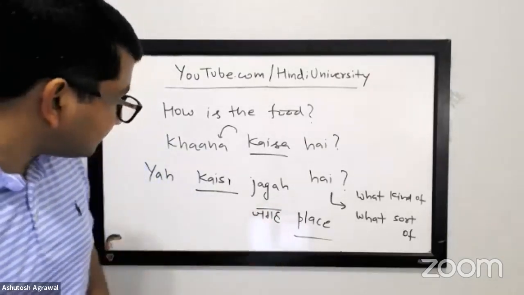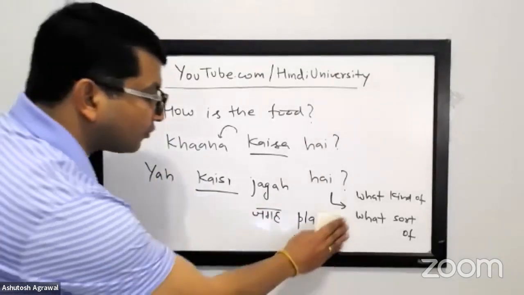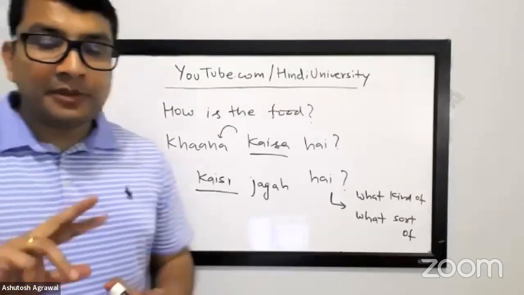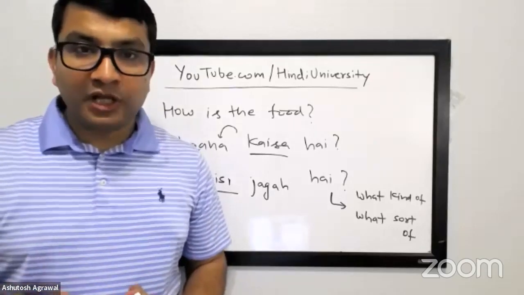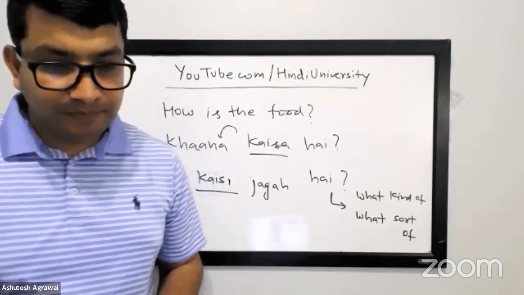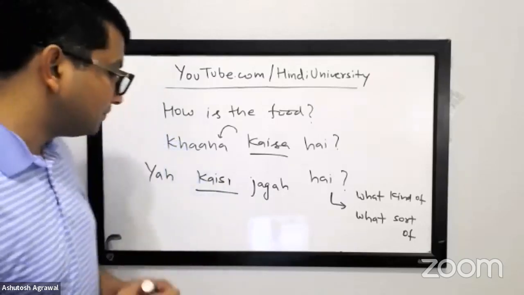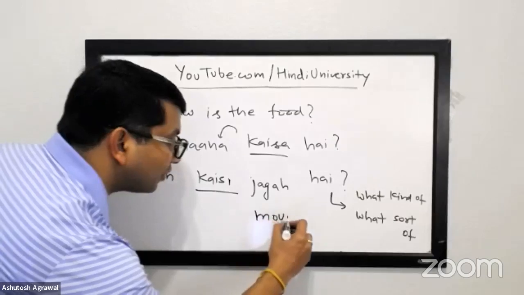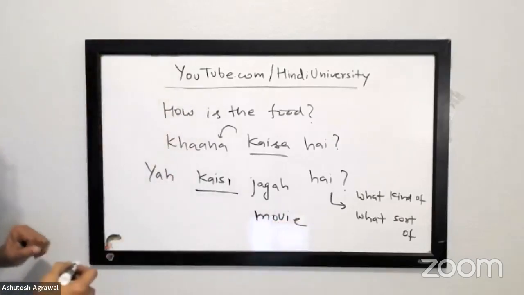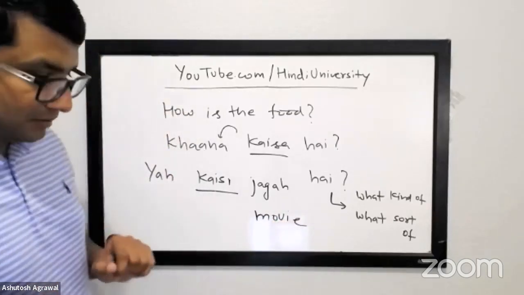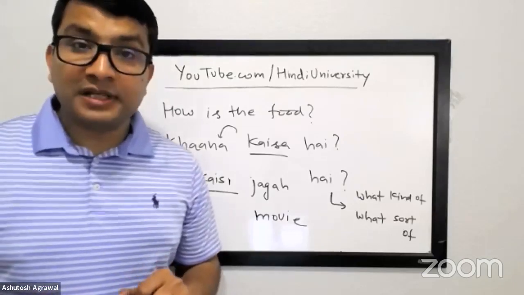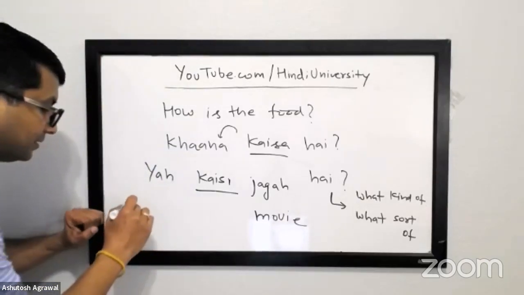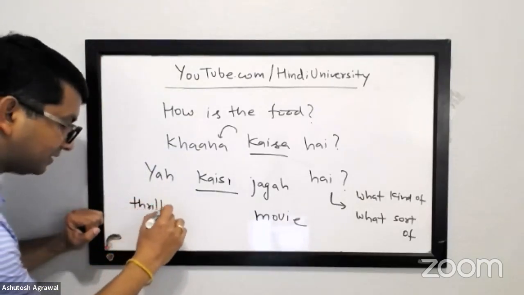So let's see. ठीक है. You want to do the same thing for the movie, Daniel ji. How will you do that? Tell me both variations: how was the movie, or what kind of movie is this? ये कैसी movie है, and what does it mean? What kind of movie is this, and what can be the possible answers? ये Bollywood movie है.